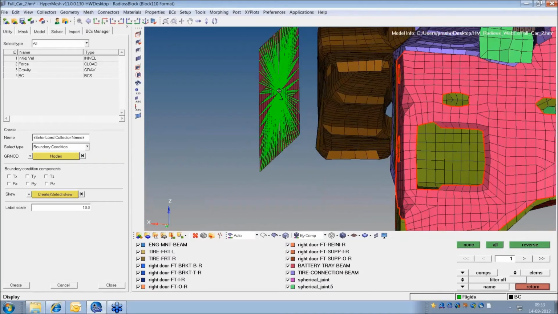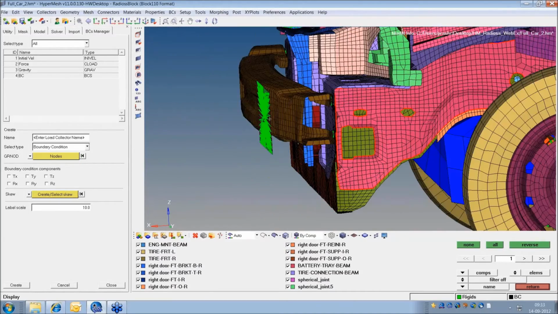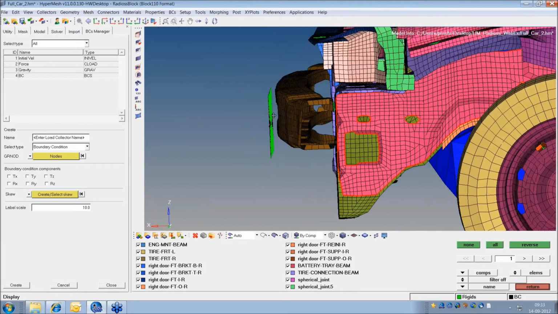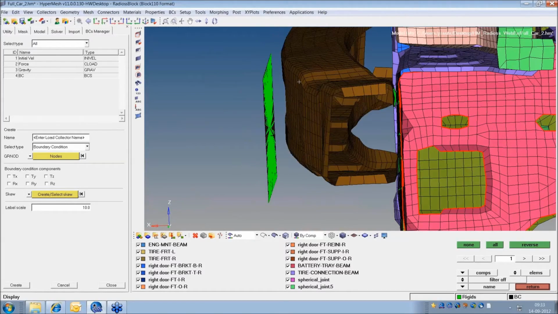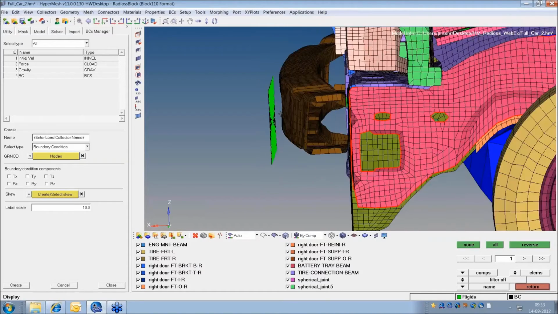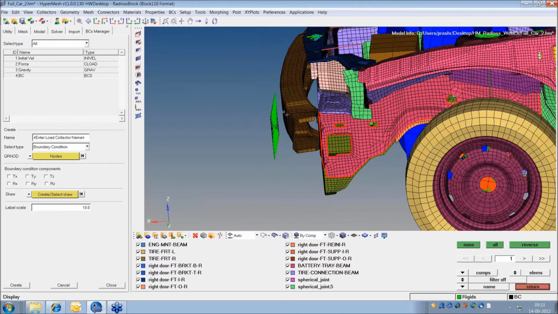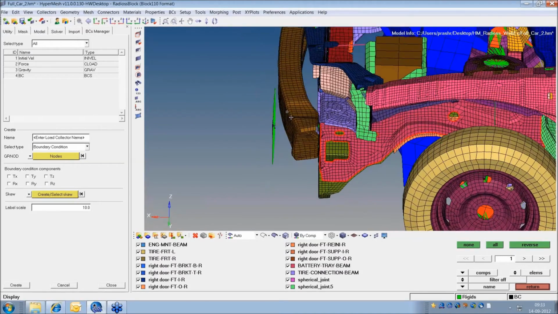After creating the barrier, now it is important to create a contact between these two. As you can see, the barrier is much farther away from the vehicle. When I start my simulation, the vehicle will move from here to here, and that time is just a waste of computation time. So we don't do that normally. We bring the impactor very near, so that we can save some computation. I have kept it away so that you can see it properly.